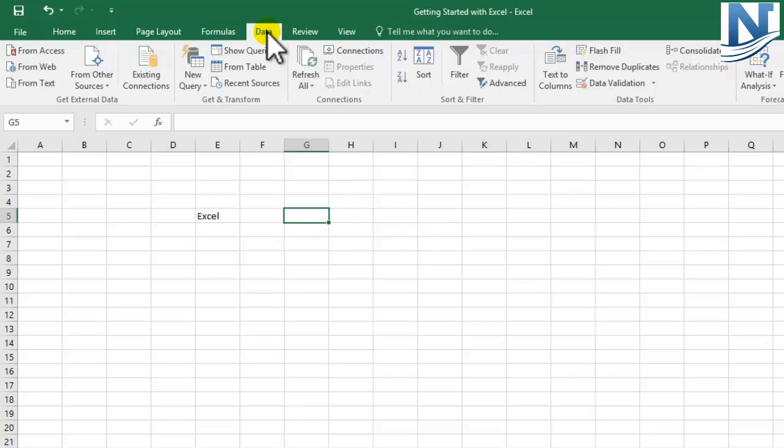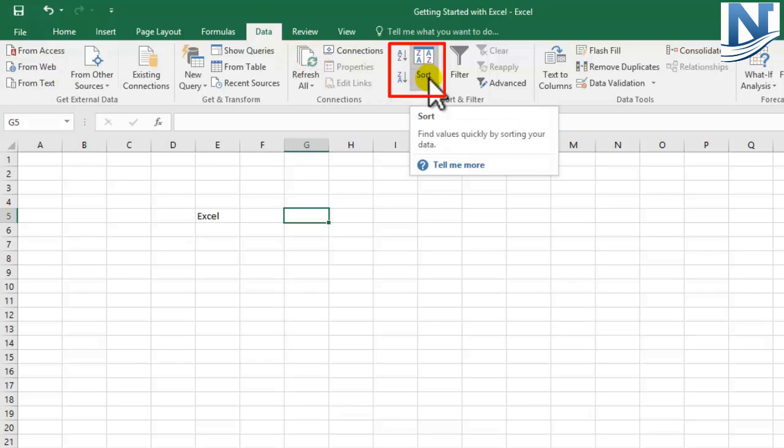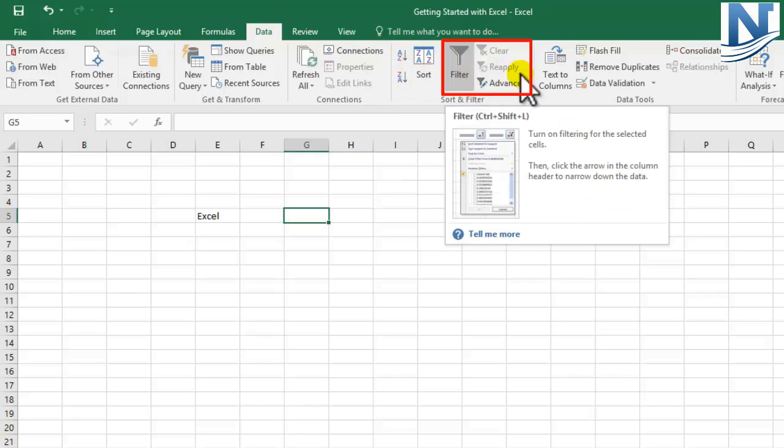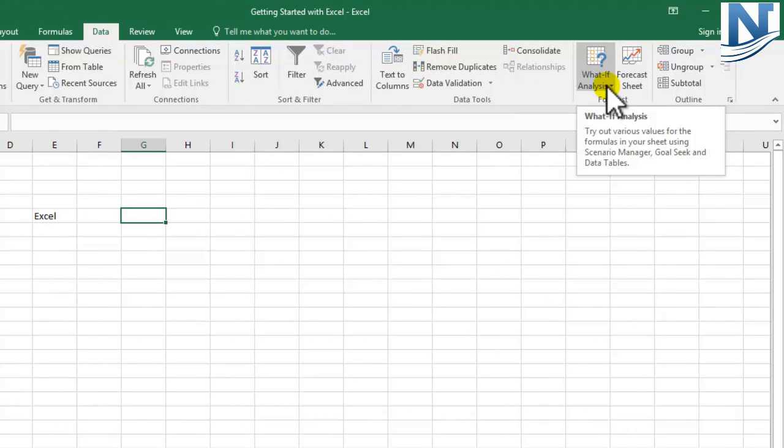Okay, coming to the next tab, that is data tab. Now data tab we generally use when you are sourcing your data from somewhere. Maybe it is from Access or from web. You can use the data tab. There are various functions which are present. You can sort your data, okay, from A to Z or Z to A. You can alphabetically sort your data. You can filter your data. There's something also called what-if analysis. Now in the basic Excel 2016 course, we are not going to discuss it because it's an advanced formula. So if you have registered for advanced Excel course, you will find the use of this formula. Again, a very handy formula.